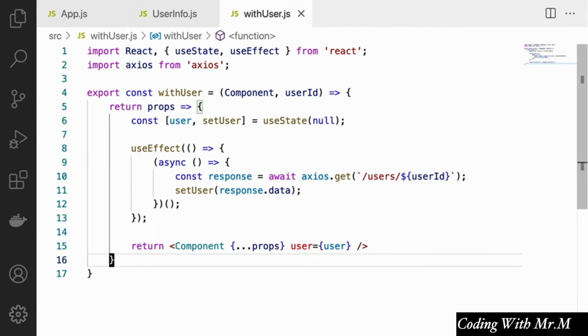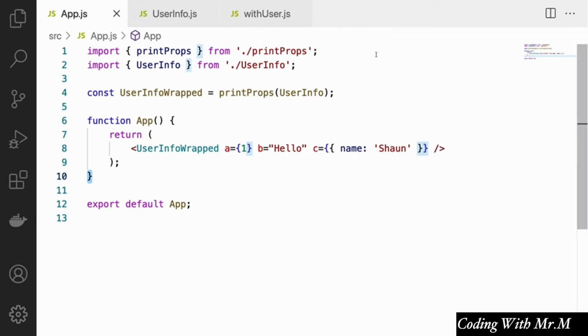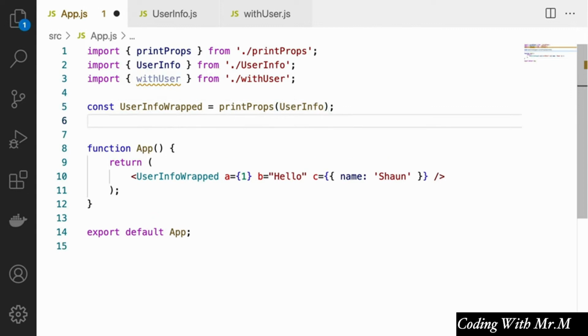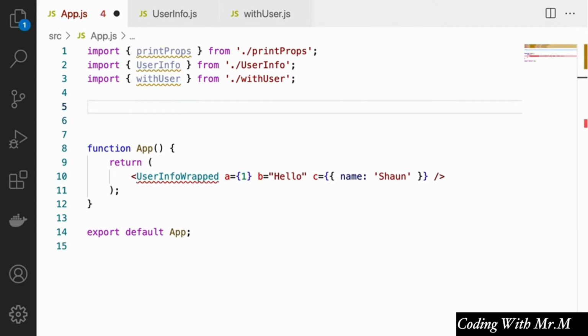And that's pretty much all we need to do. So now that we've created our with user higher order component, let's go into our app component and see how it works. We're going to start off, obviously, by importing the with user higher order component we just created. And then, just like we did with print props, which I'm going to just remove here, we're going to say